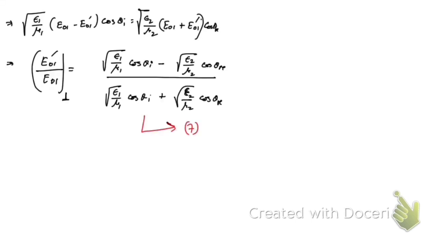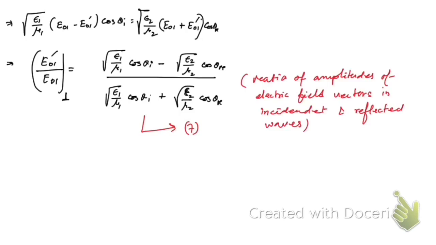So let me take this as equation number 7, and here you see this is the ratio of amplitudes of electric field vectors in incident and reflected wave. Okay, this is one of the Fresnel's equations. Similarly, what we can do, let me go back to the previous slide. Here you can see,